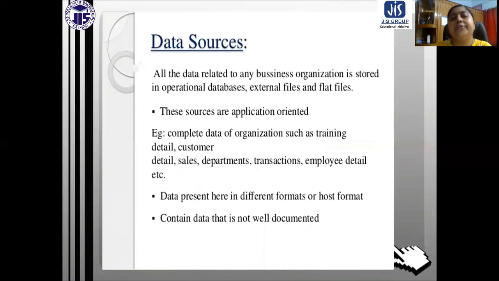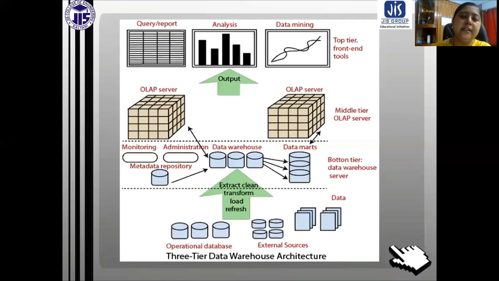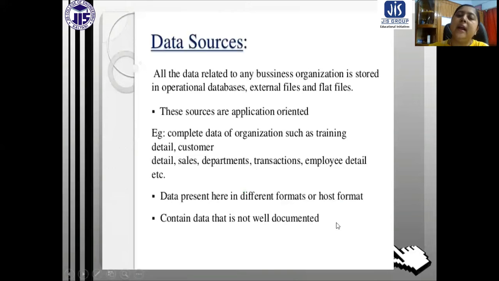Now we are going to discuss all these in a nutshell. Data sources: all the data related to any business organization is stored in operational databases. It may be in external files and flat files. These are the data sources. The sources are application oriented, obviously, because they are coming from the DBMS system.